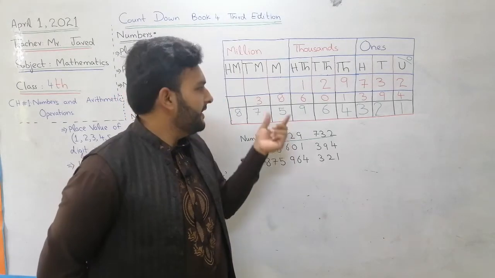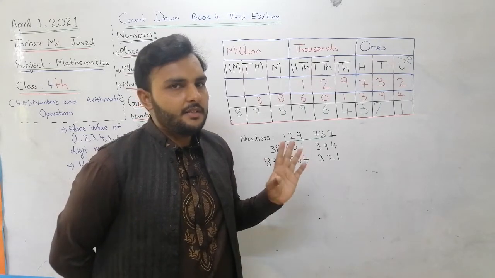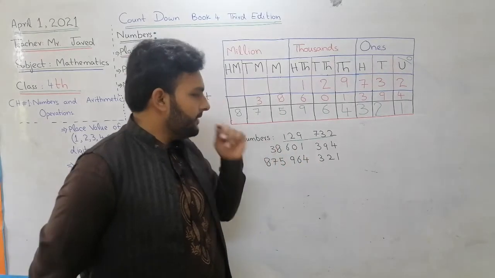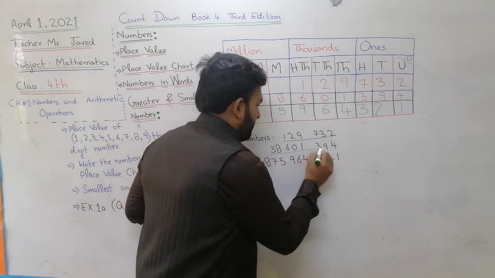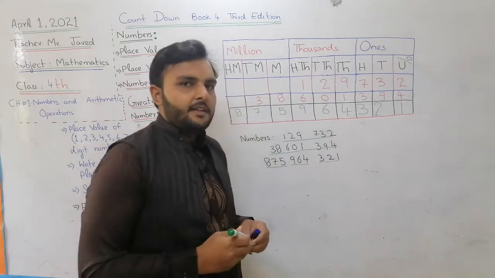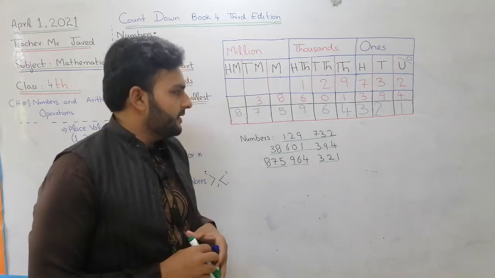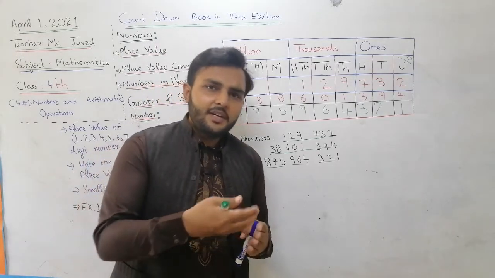So what we will say, 38 million will be like this. The whole number I'm not reading in the form of a sentence, I'm just saying the greatest place value of the number. This number has 3, 6 and 9 digits. This number is a 9-digit number. So what is the place value of the ninth digit?